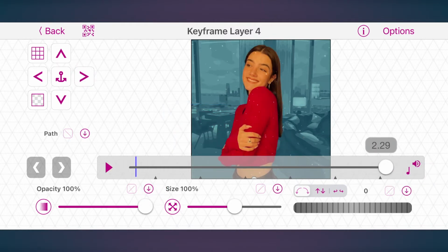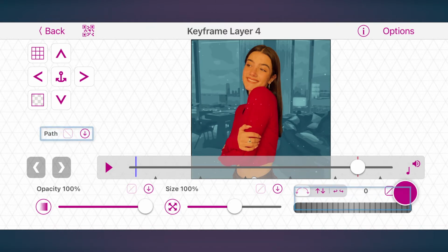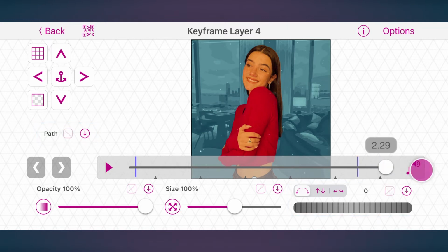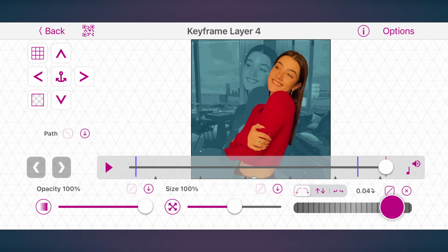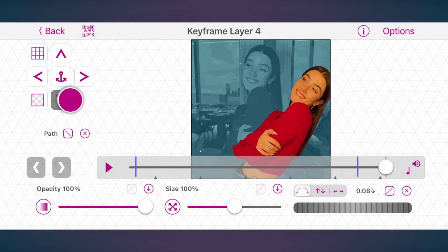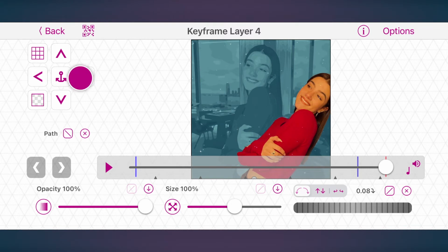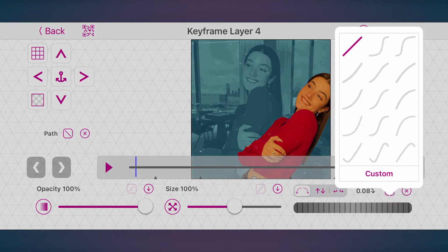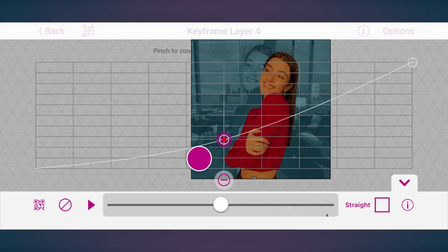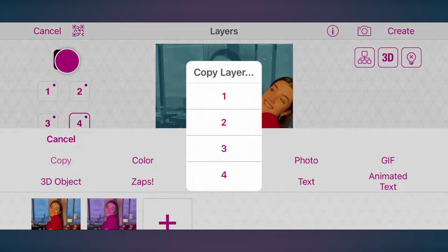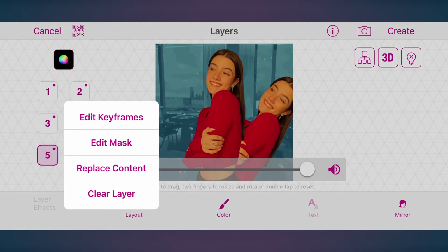Create the transition in the last 10 frames, so place a keyframe for both rotation and path 10 frames before the scene ends. Then, set the rotation to 8 to the right at the end. Move the picture down until you get rid of the gap and move it a bit to the right as well. Use the same graph for both of these parameters, one that starts low and ends fast. Copy layer 4 into the next two layers, including its keyframes.